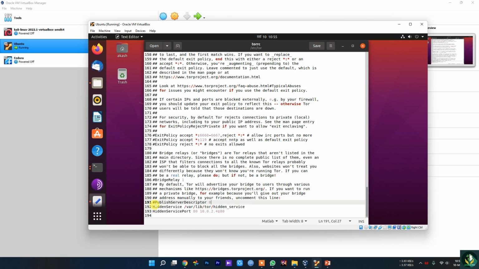and just type HiddenServiceDir /var/lib/tor/hidden_service. Just type this, and after that type HiddenServicePort. You will give the port as 80, and then you will give what this is. So this is